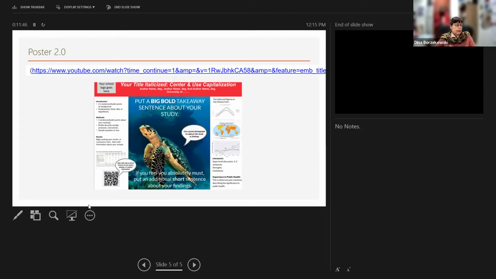Also, let's say you have a website or an intervention that further discusses your poster. Again, put a QR code to link that information to your poster. If you have a chance, I highly recommend watching the YouTube video about Poster 2.0. It'll give you some great advice about how to highlight some information.